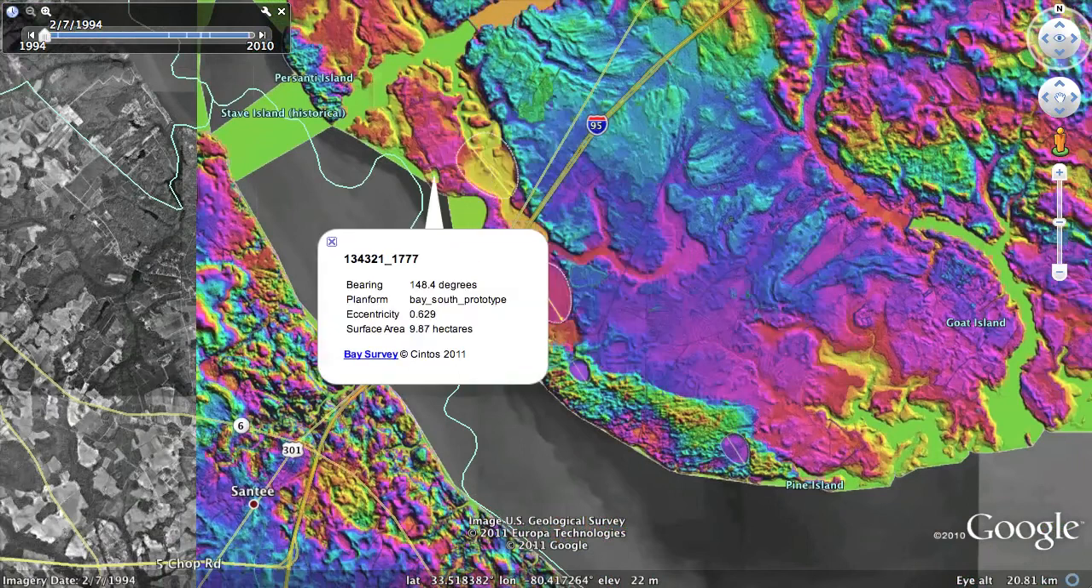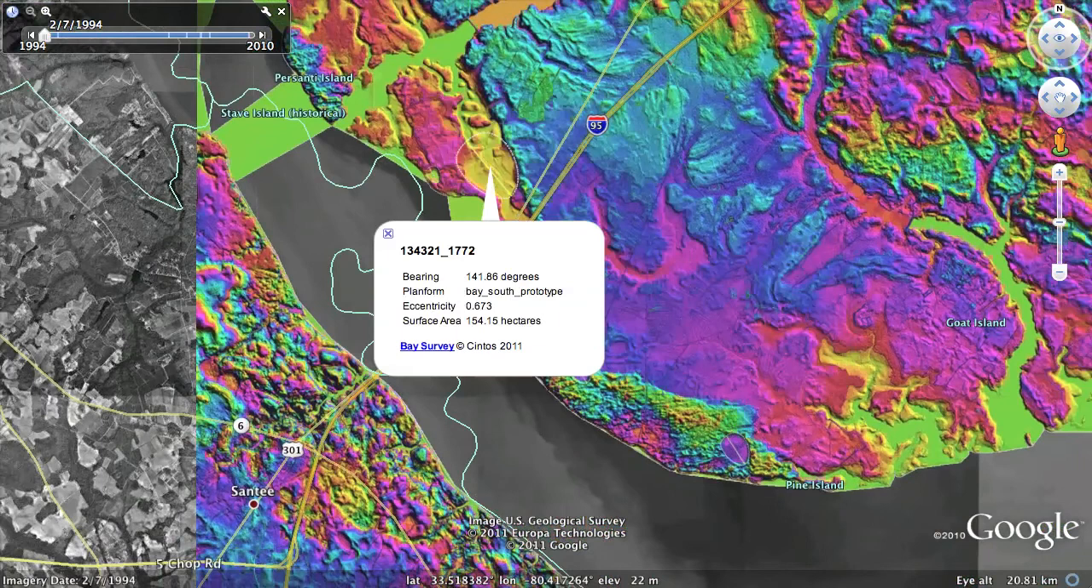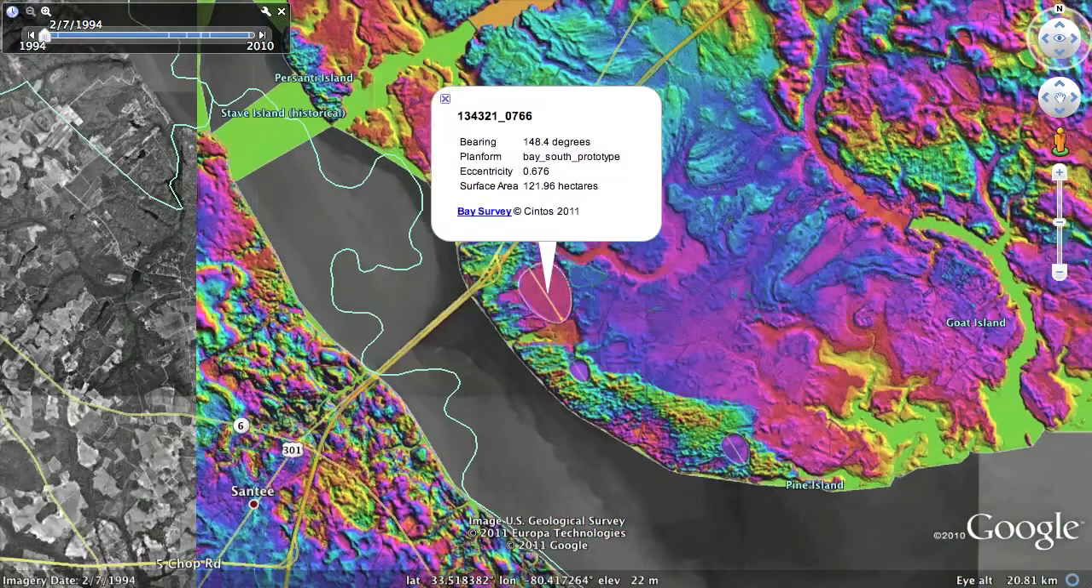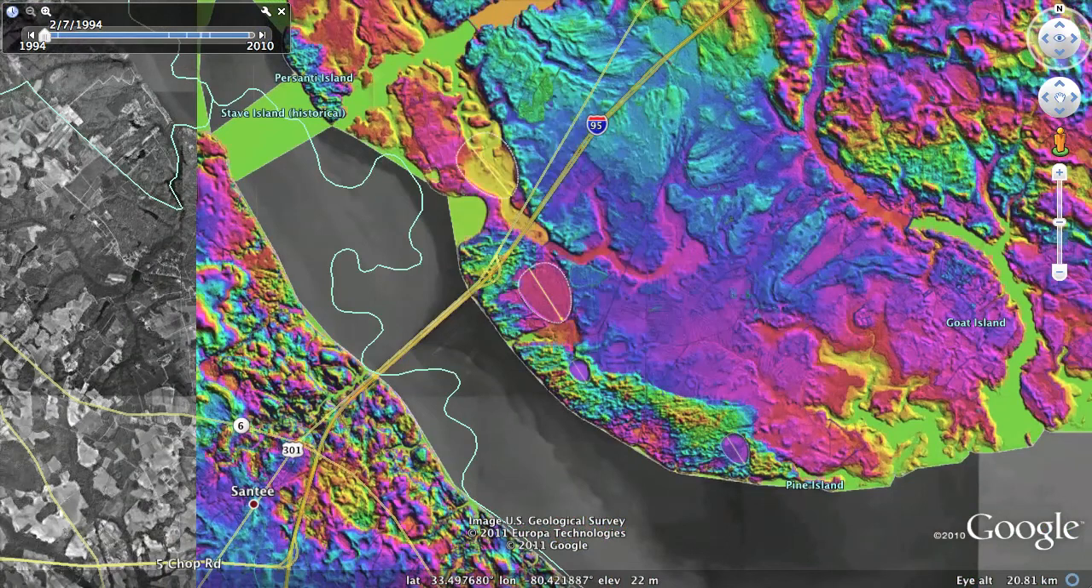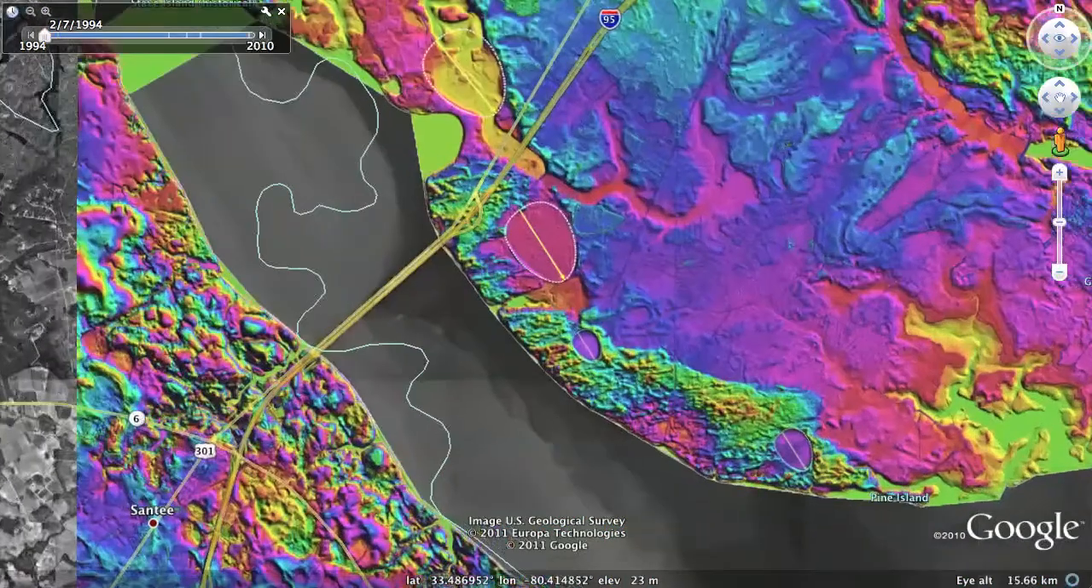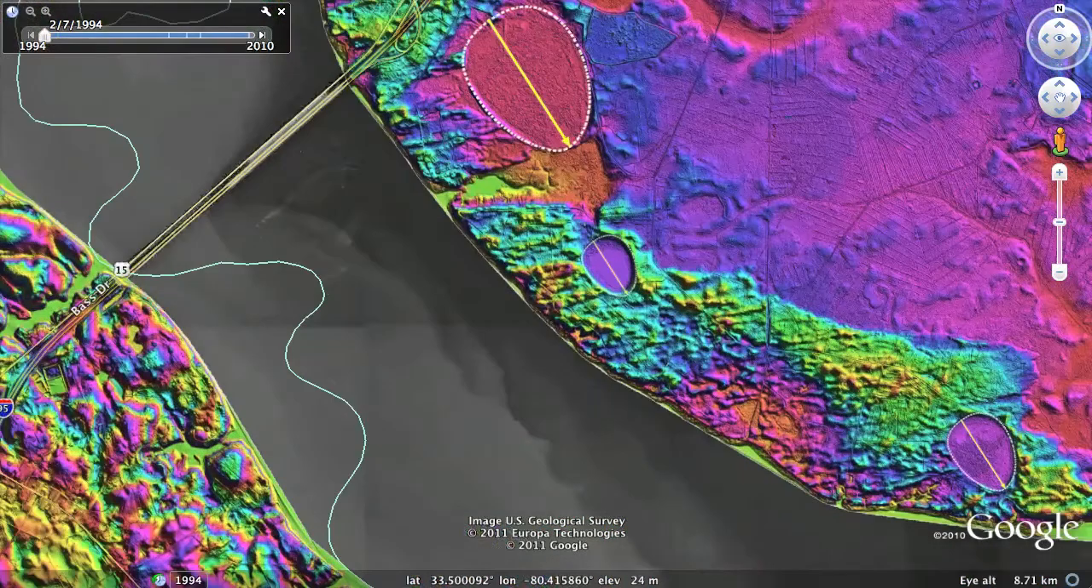You will notice that each one of these has essentially the same inferred orientation. The bearing is roughly 148. This one here actually is 141, but basically they're all roughly the same orientation. We see a little shift here. Now, as we look at these, you can see that each one of these